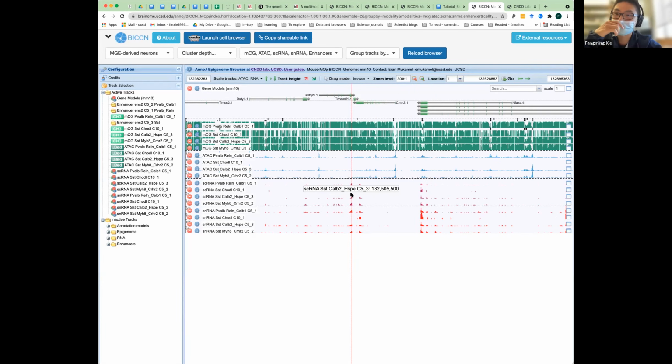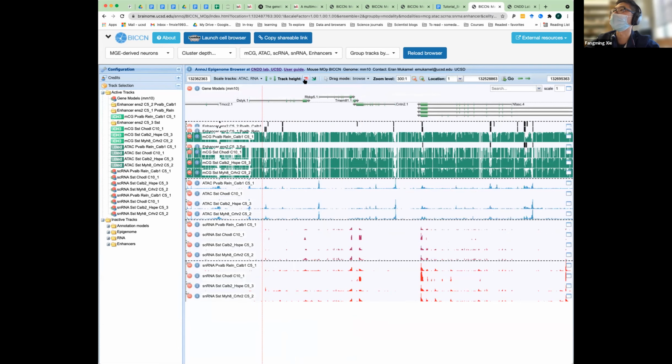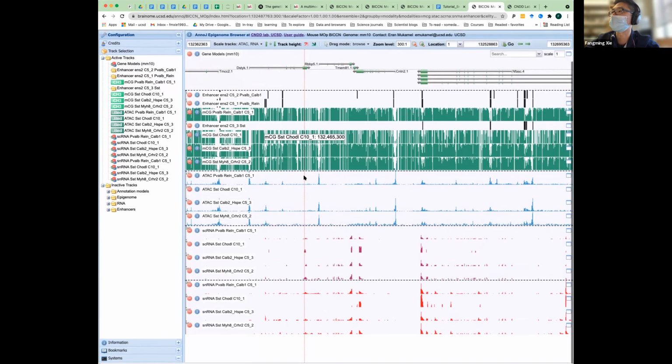It doesn't take advantage of the full view of your browser space. And so you want to adjust the height of your tracks. How could you do that? You could click here, track height up, and they all blow up like this. That way you have a clear view.